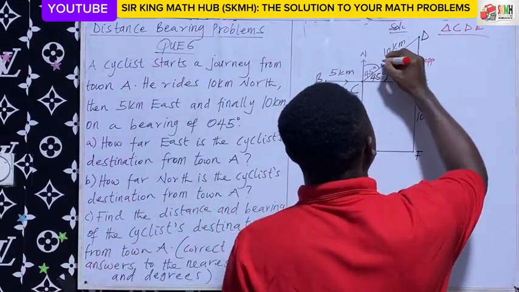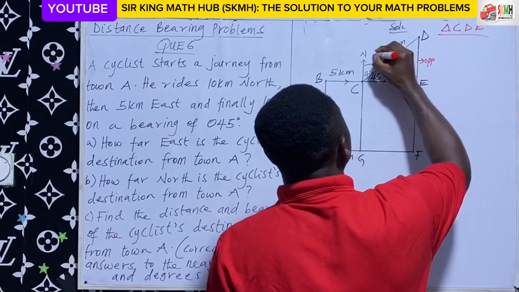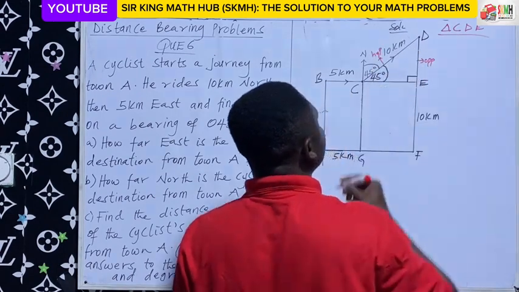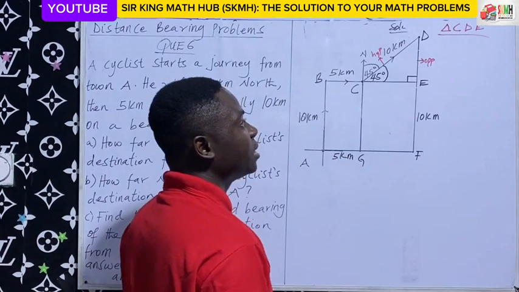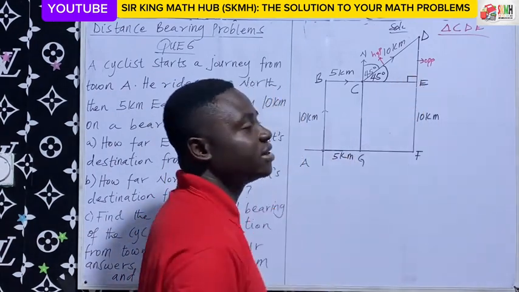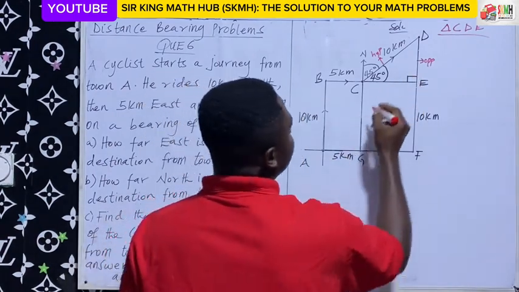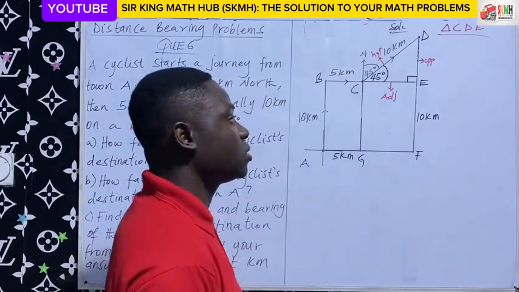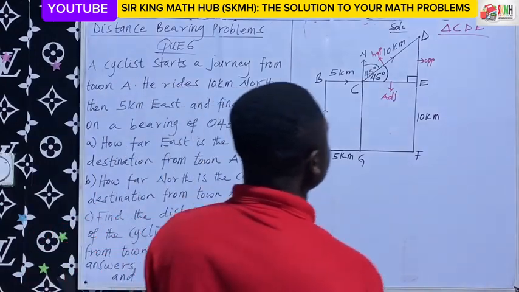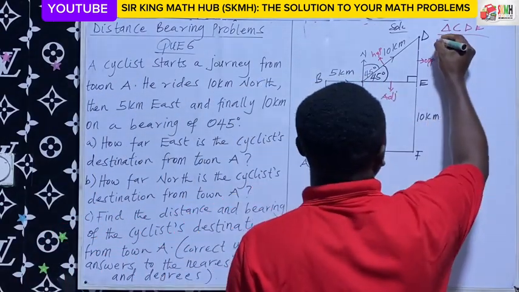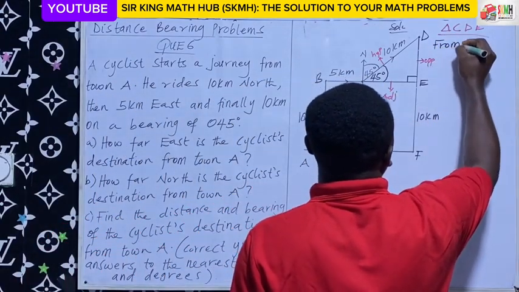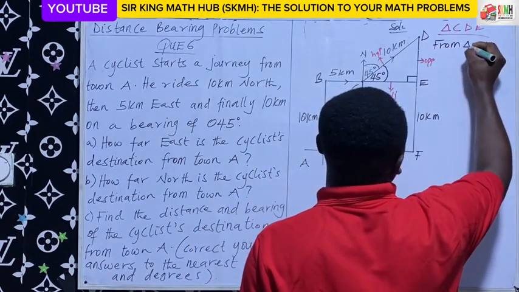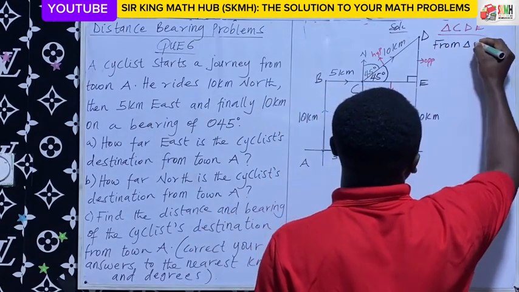This side here becomes the hypotenuse, because it is the longest side. Again, it is the side facing the 90 degrees angle. And then this remaining side here becomes our adjacent. So for the A part, from this right angle triangle, triangle CDE,